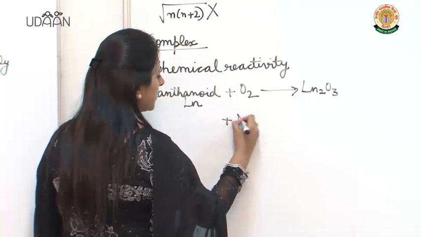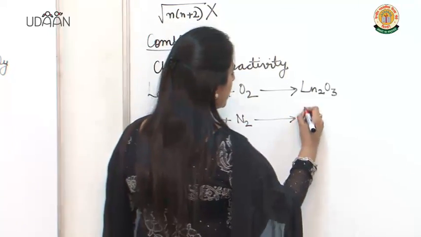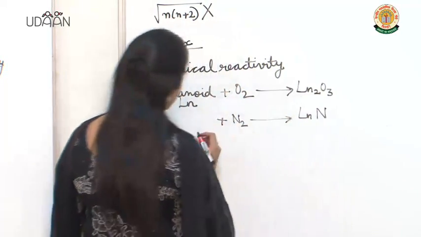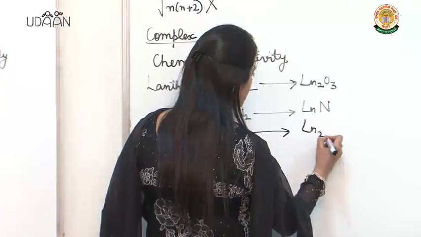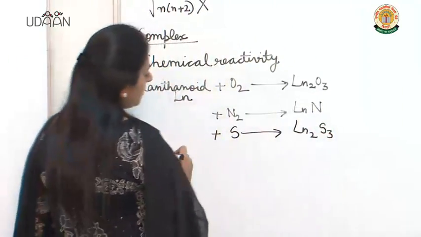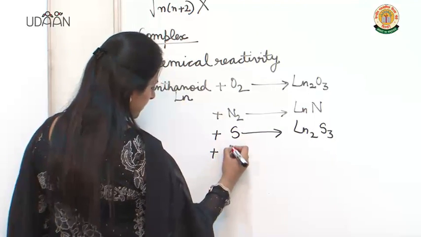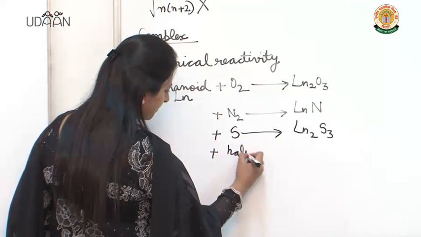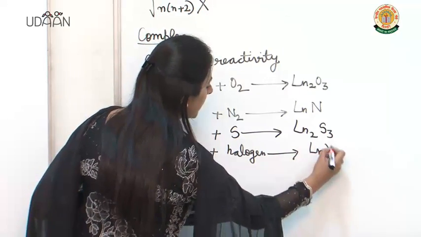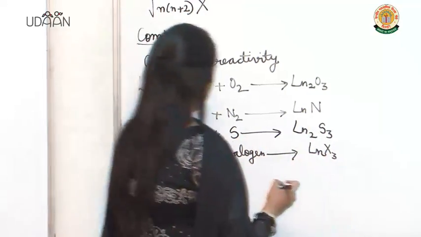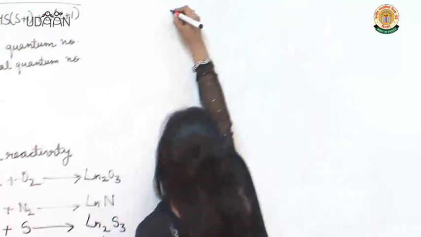If I react it with nitrogen, it would be LnN. If I react it with sulfur, formula would be Ln2S3. When I react it with halogens, I will get LnX3. If we react it with dilute acid,